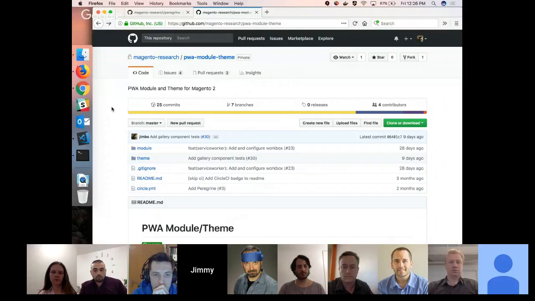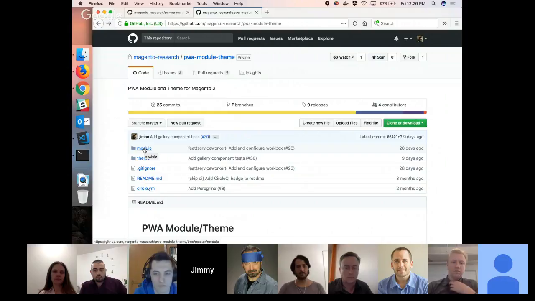What we have that's still internal at this point, unlike the other tools, is a reference implementation. It's private, but we're going to dive into it today just to give you an idea of what it looks like. It's going to consist of two pieces. It's going to have a module, right?